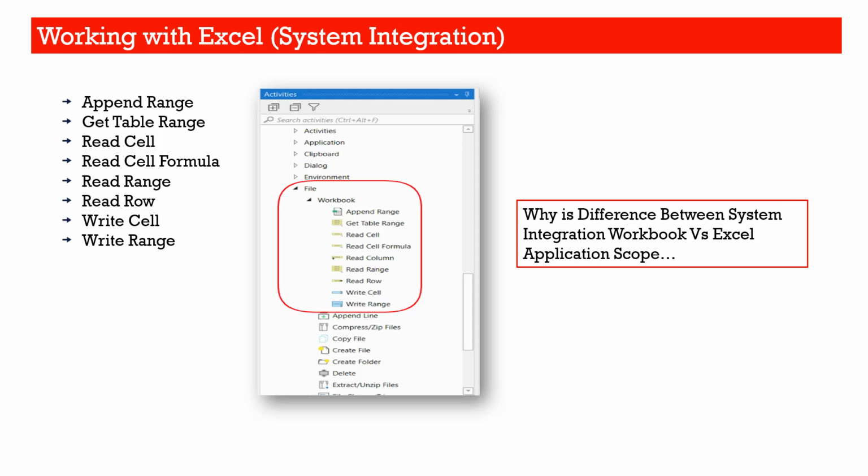So when you are directly using the Microsoft DLL or application scope, you are basically using the Excel application itself to perform those operations. But when you are using a system integration, they are nothing but a programmatic interface or API provided by UiPath. So that's a difference, right?